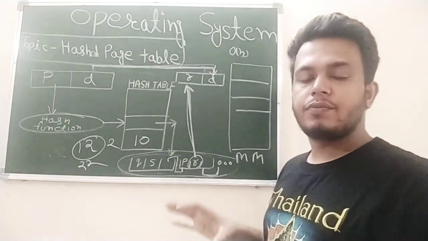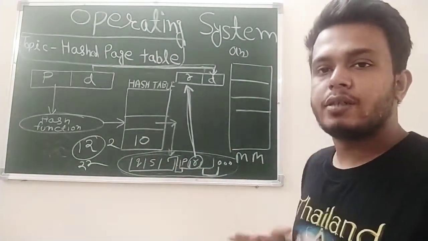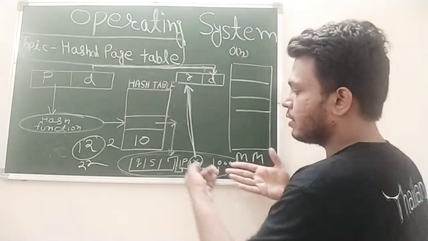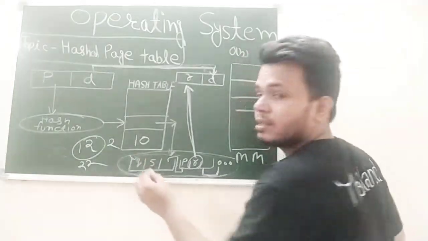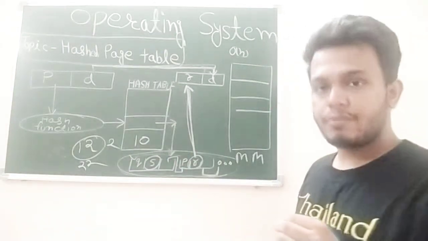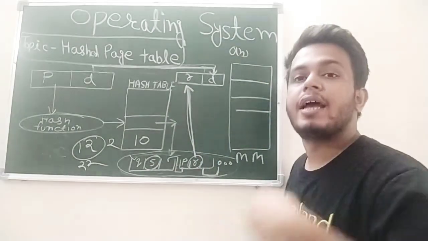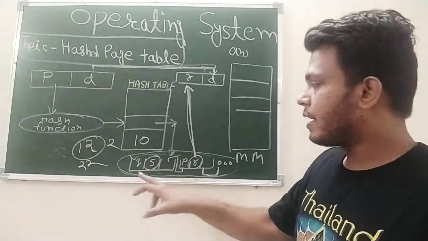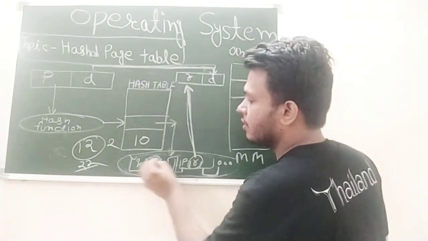So in both of the cases we are getting 2, and to avoid the collision, we are implementing the concept of linked list. We are putting the addresses in a linked list manner. Clear? Suppose this is the virtual address which we are getting, and this is the frame number. This is the frame number and this is the address of the next one. Suppose the CPU comes, and the address is 22, and there is a 12 here.